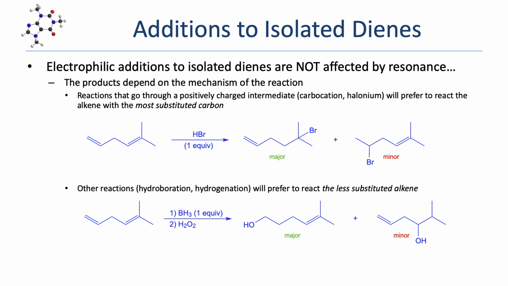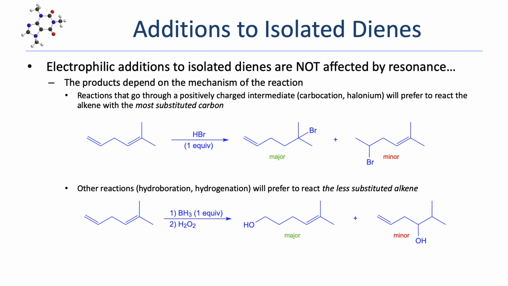Reactions that go through a positively charged intermediate, like a carbocation or a bromonium ion, will prefer to react the alkene with the most highly substituted carbon. And be very careful with that phrase. The alkene with the most highly substituted carbon is not always the most substituted alkene. The reason for this selectivity is simply that the most highly substituted carbon will better stabilize the positive charge that